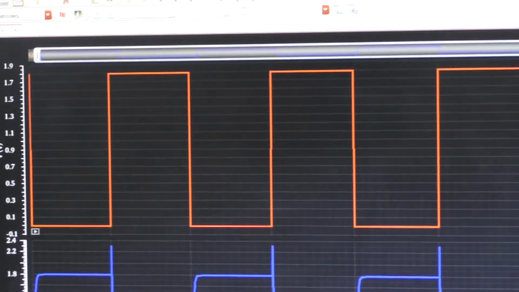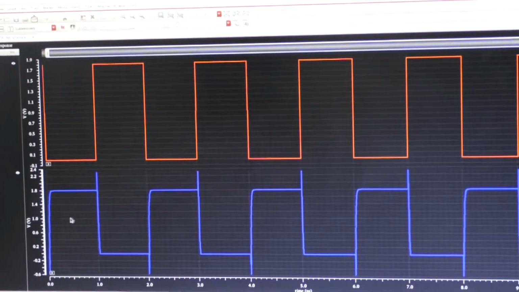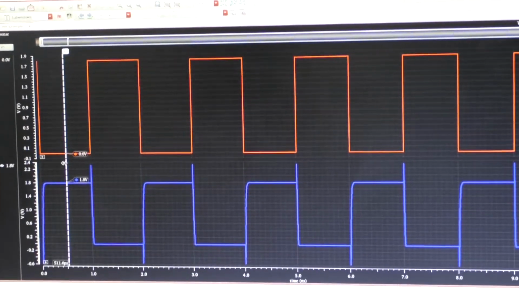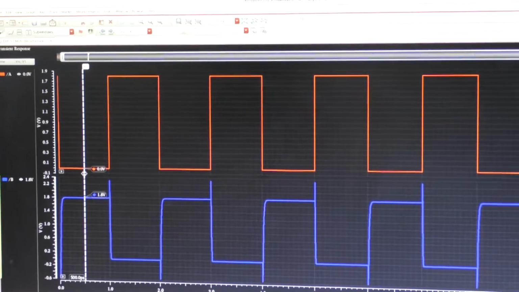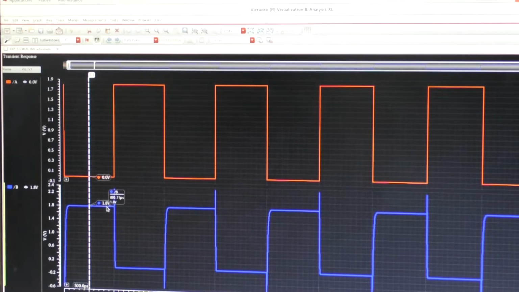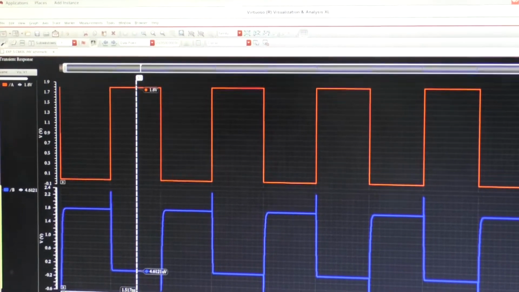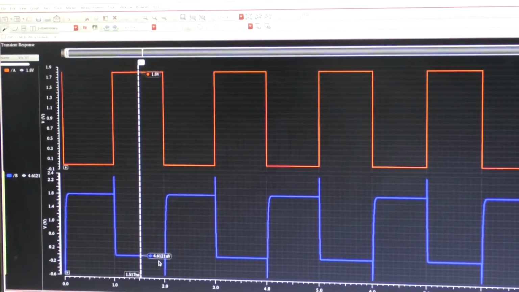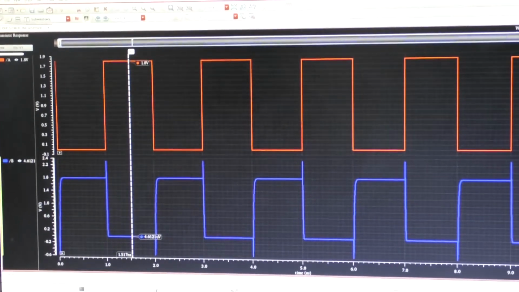See, the top one represents the input A, and the bottom one is the corresponding output B. If you press V on the keyboard, the vertical line will represent the corresponding voltages across these instants. See, the input is 0 volts, and we are getting the output as 1.8. When we move this line, whenever the input is 1.8, we are getting the output approximately 0, nothing but 4.6 microvolts. See, in this way we can do this transient response.